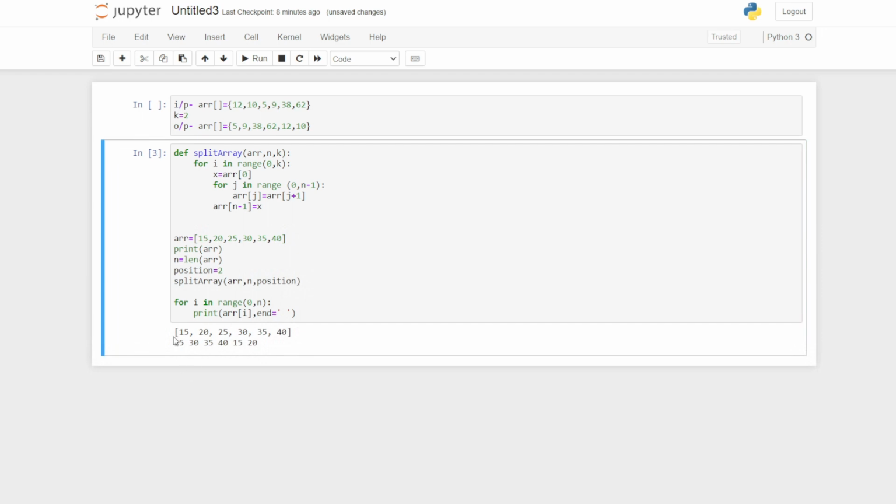See, this is our initial array: 15, 20, 25, 30, 35 and 40. After the execution of this program, 25, which was in the third position, we get in the first position. So the program is successfully executed and the first two positions are cut and pasted at the end of the array.